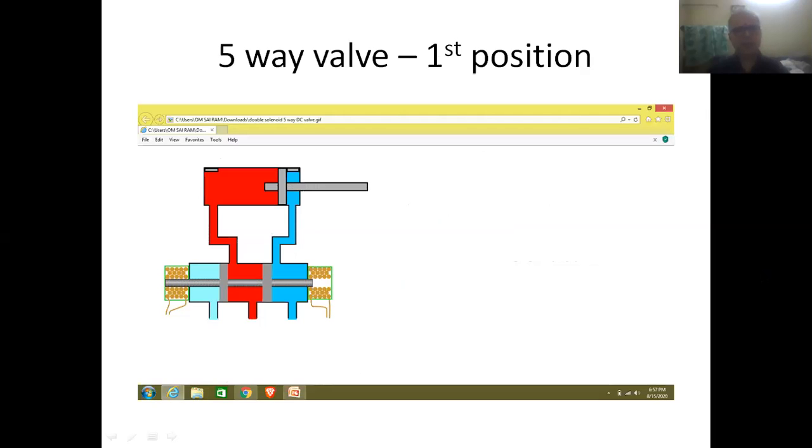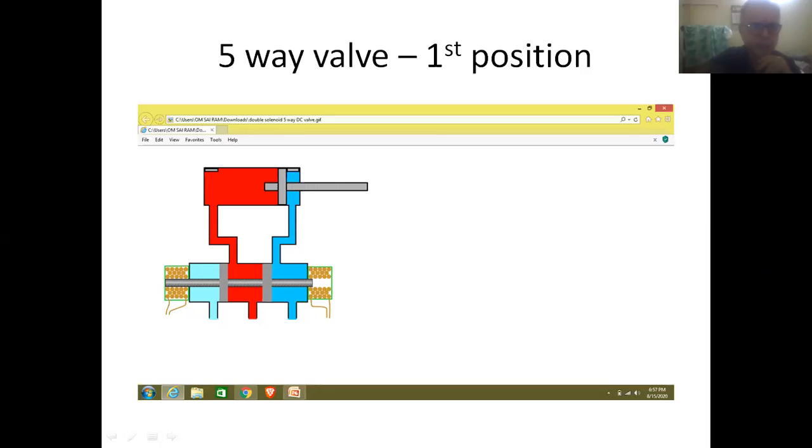So friends, lastly let us discuss the construction of a five-way valve. So here we can see the construction of a five-way DC valve. Two elements are placed inside the body of the valve. They are called spools.